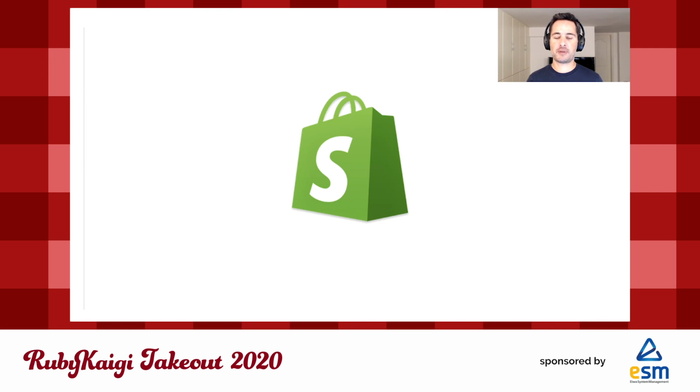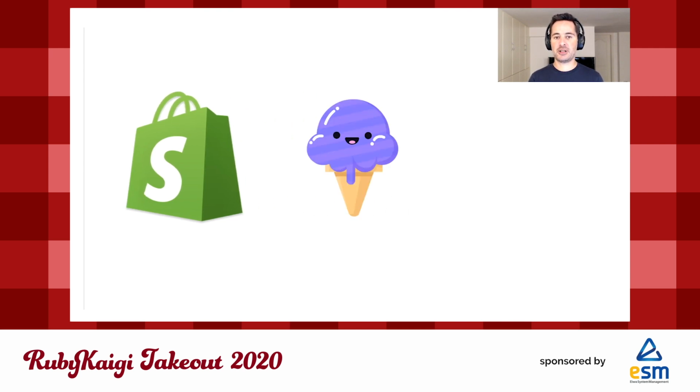When I joined Shopify at the beginning of 2019, the first project that I joined was the adoption of Sorbet on our code base. For those of you who don't know, Sorbet is a static type checker built by the fine people at Stripe. And on the project that I was on, we were trying to adopt gradual typing using Sorbet on our Rails